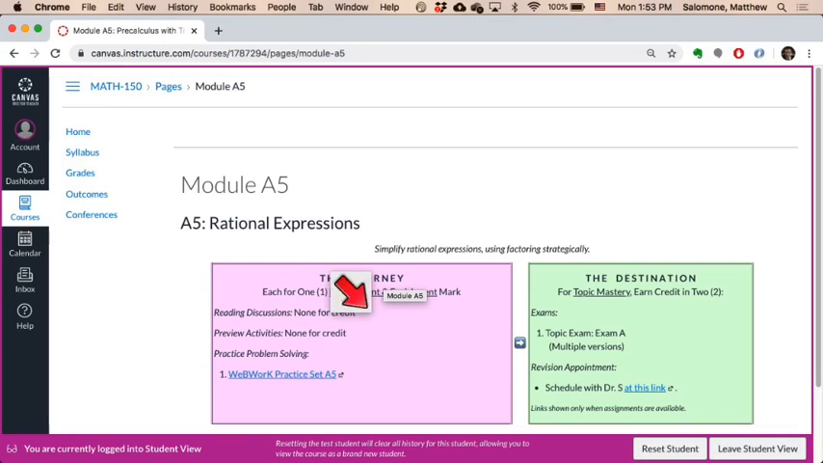There are fewer assignments for the algebra modules because they're not really supposed to be new material. These are mostly just review. So the only engagement and enrichment assignments that go along with the algebra modules are WebWork practice sets. And the algebra modules A1 through A6 now have those WebWork problem sets available. So if you go into this WebWork practice set